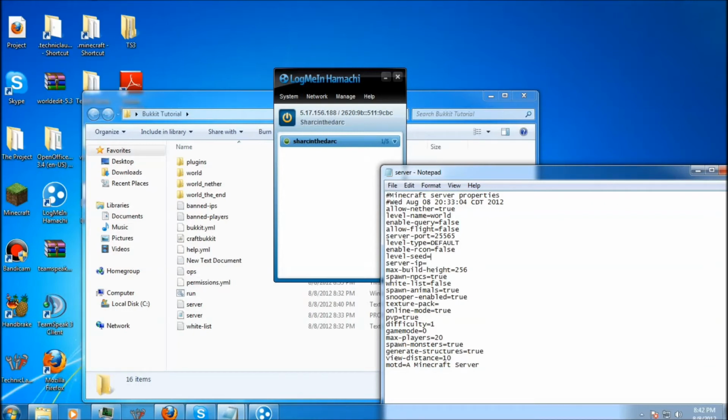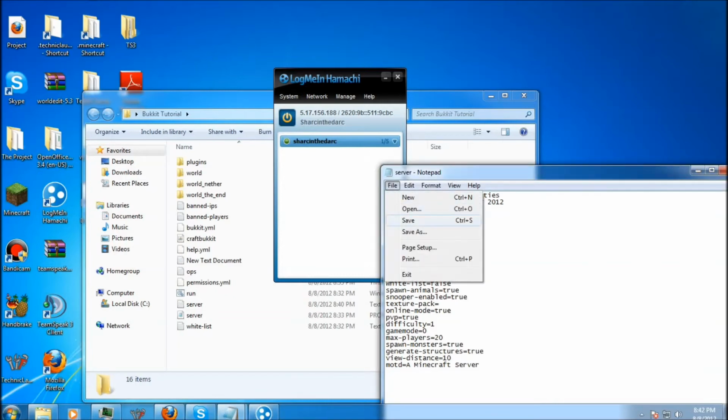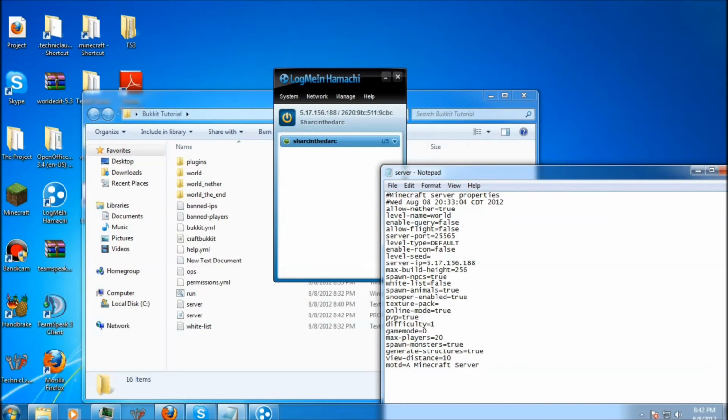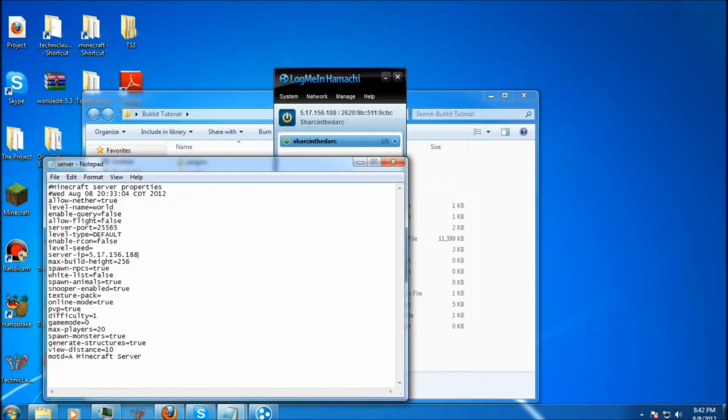So, you're just going to type in that for the server IP. 517.156.18. Did I even turn the other server off? Yeah, I turned it off. You don't have to type in the port. Remember, there might be other numbers past your IP. Yeah, do you? I don't know. I've never actually tried doing that before. Add other numbers, then other people can just do